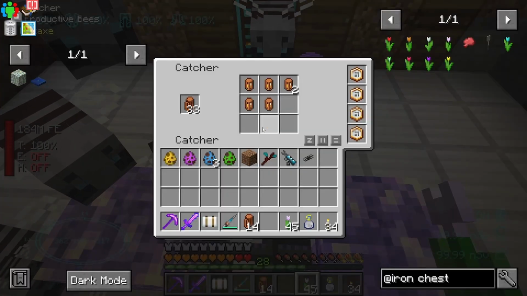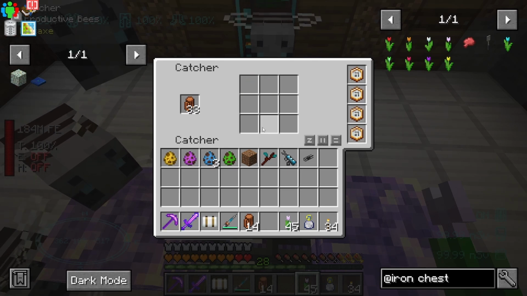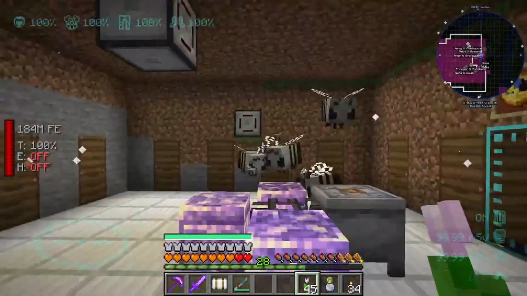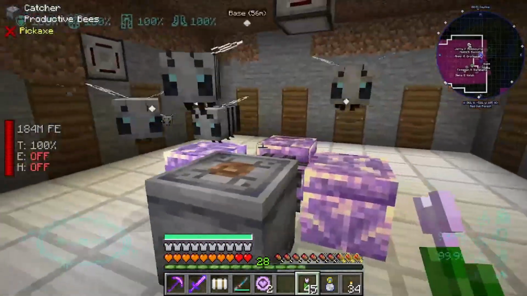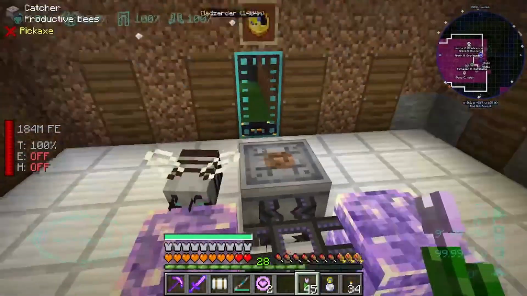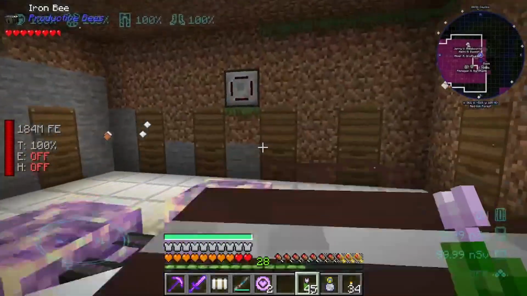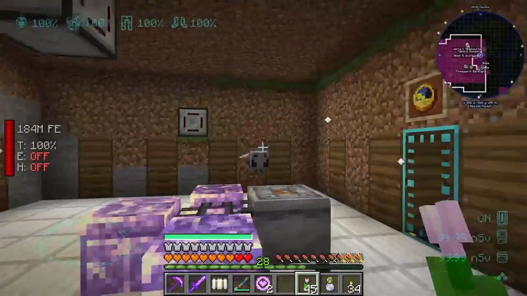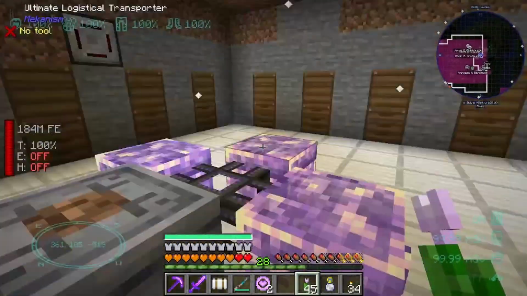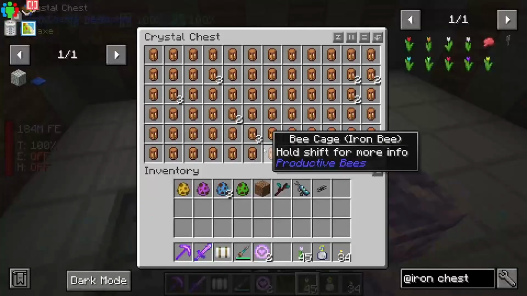Okay, this seems to be working quite well. I've got a catcher with range upgrades all over it, and a bunch of these bee cages. Why have you stopped? Maybe it needs to be over. I accidentally clicked a few of the bees with some roses, or tulips even, and bred them together, but that's a-okay. I feel like they need to be just over the top. Yeah, there we go. So what this is doing is it's putting them in bee cages, and then...